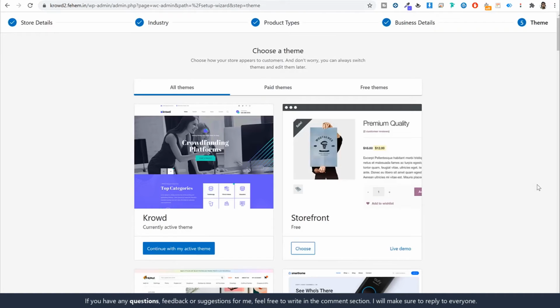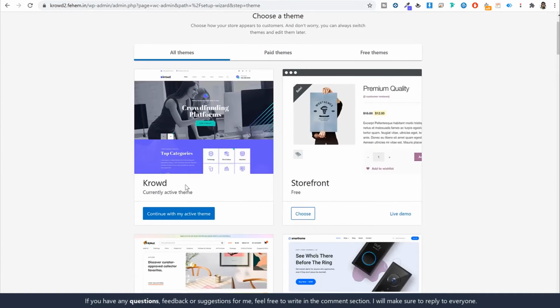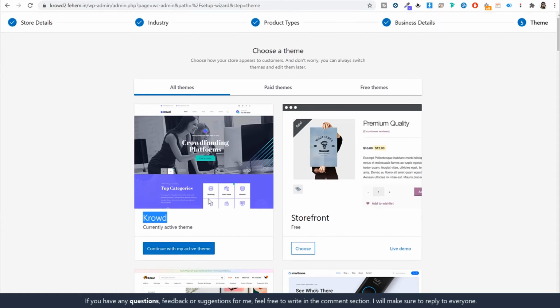Now they will recommend you a few plugins. Obviously we don't need them. We already have the best plugin for us for creating a fundraising website. So select this and click